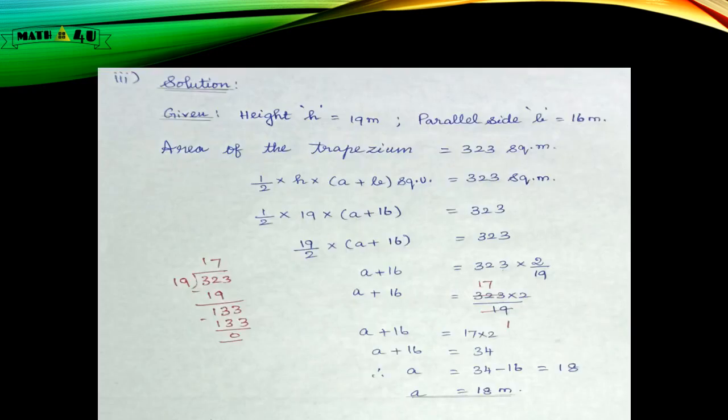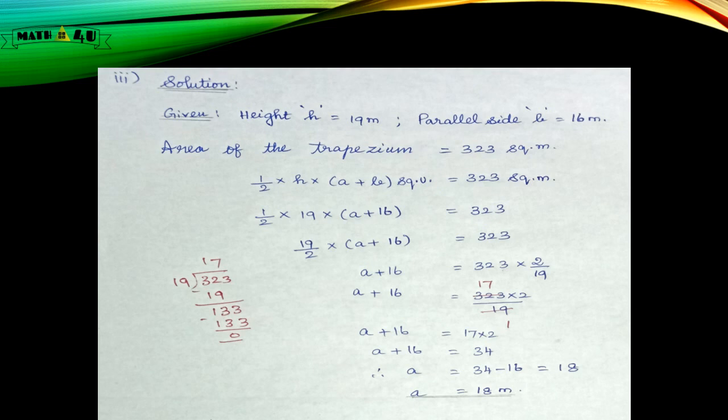In this problem, height h is equal to 19 meter. One of the parallel sides B is equal to 16 meter. Area of the trapezium is equal to 323 square meter. You are asked to find the other parallel side A. We know that half into h into (a plus b) square units is equal to 323 square meter. 1 by 2 into 19. The value of h is 19 into (a plus the value of b, 16) is equal to